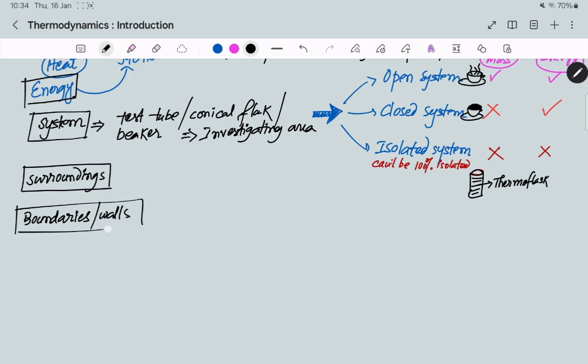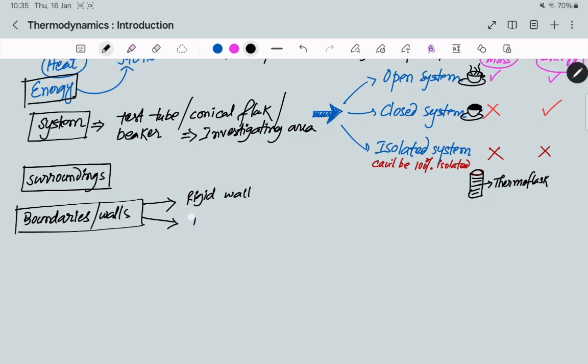So at first there are different types. First one, write down rigid. Rigid means it is somewhat real. For example, the wall of the cup, okay, it is one type of boundary or wall. For an open system, we will use specific types of walls. At first let me explain one by one, then I will tell you which type of system we will use which type of walls. Okay, now rigid wall.